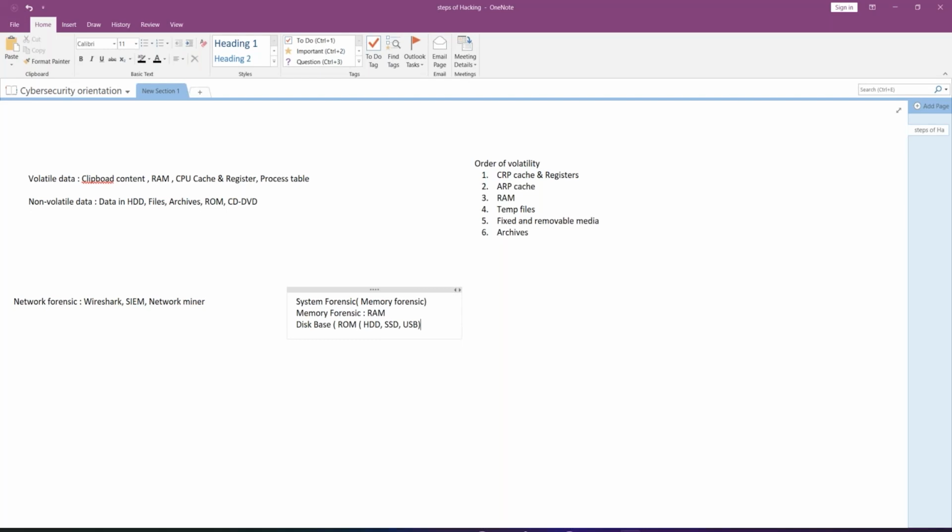Now second is your disk based forensic. Disk based forensic is what? File system, simple definition. We are going to check the structure of the file system. We are going to analyze that memory. How can that be done? With the help of Volatility. We have some tools available, the Volatility tool we will be using. With that help we will start analyzing that